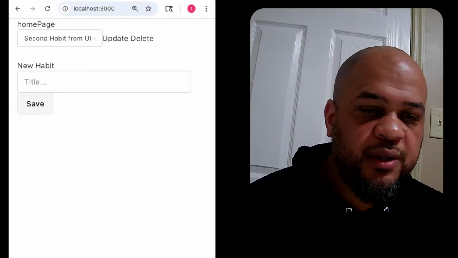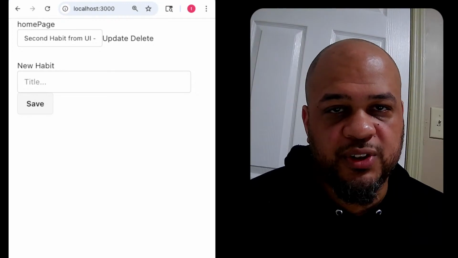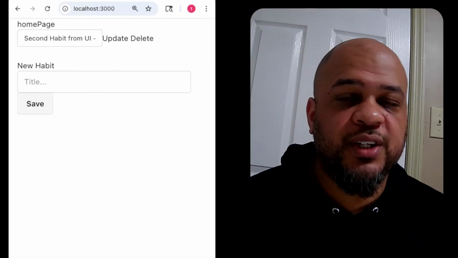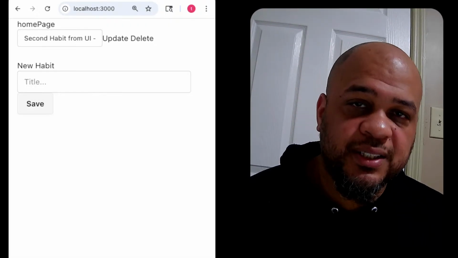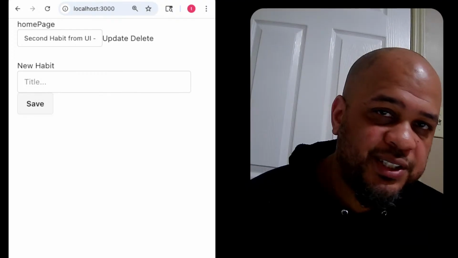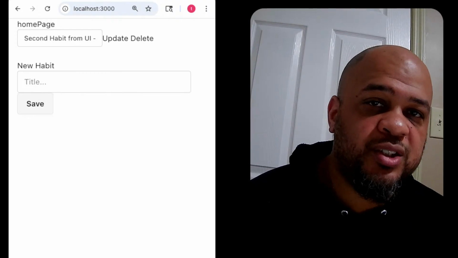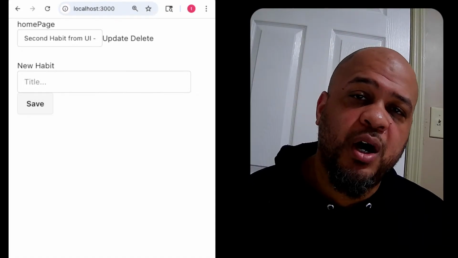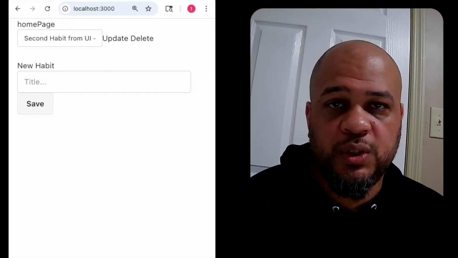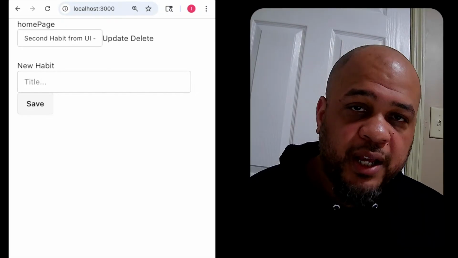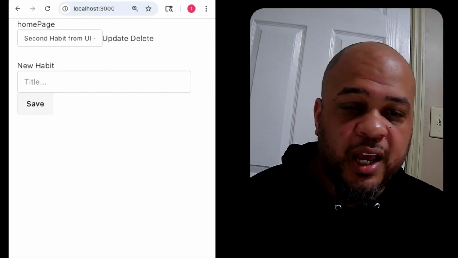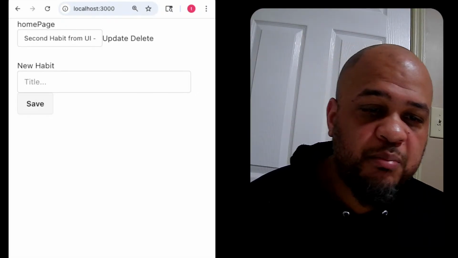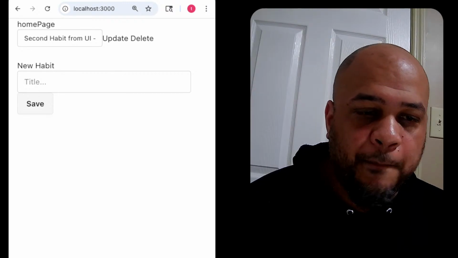So in today's video, we're building a simple full stack Next.js application using its latest version, Prisma as the ORM and Postgres Neon as the database. This could be the foundation to any full stack application that you can imagine. All you need to do is continue to add additional fields to the model, make the migrations, push those changes, test it out, update your server actions, and you'll have the ability to make those CRUD changes. But just to do a quick demo to show you what we'll be building on screen,